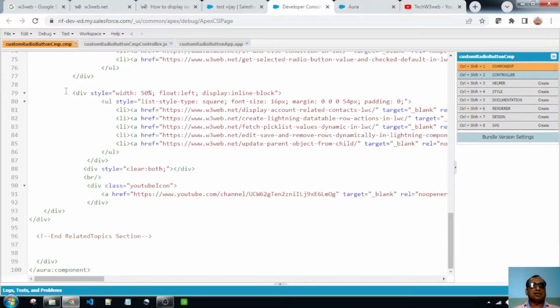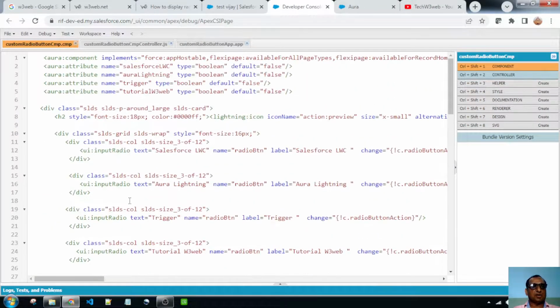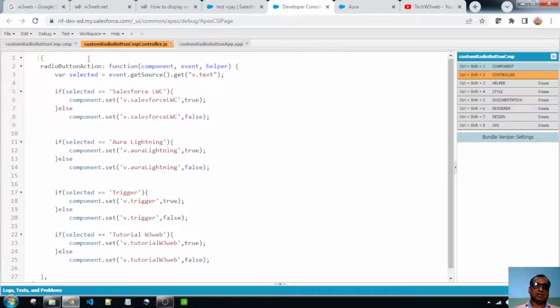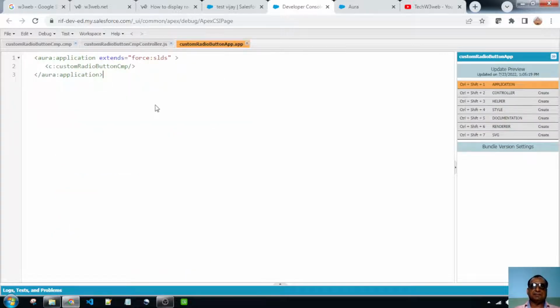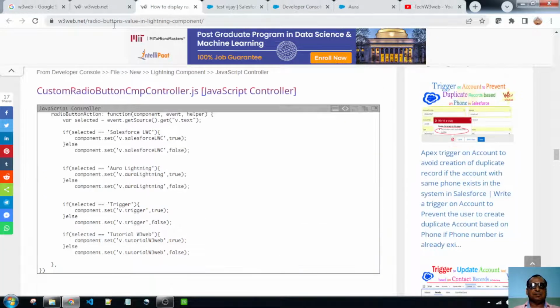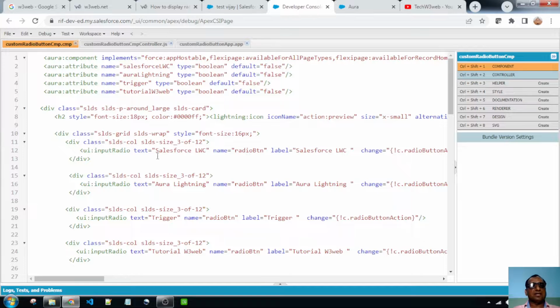This is the code of the lightning component. This is the code of the lightning component controller, and this is the lightning application. All of the code you will get from the article on w3wave.net. So I will provide the URL link